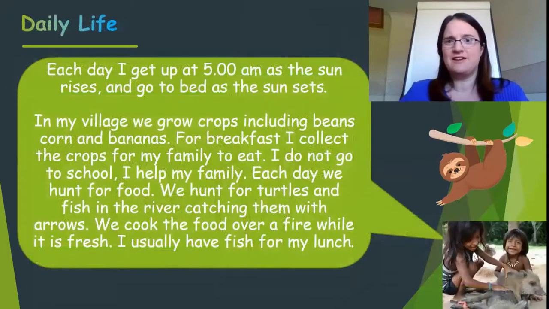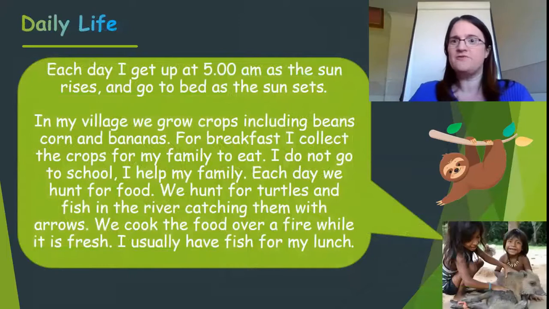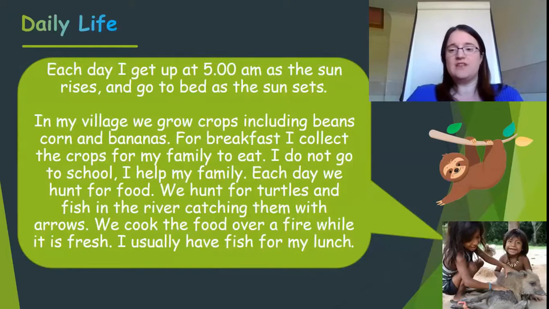So if you lived in the rainforest as a child, what would your life be like? So this has been put together by a charity who were trying to show what life would be like in the owl tribe. So it's not a real child that said this, but let's imagine one of those children in that picture at the bottom there, playing with the capybara,